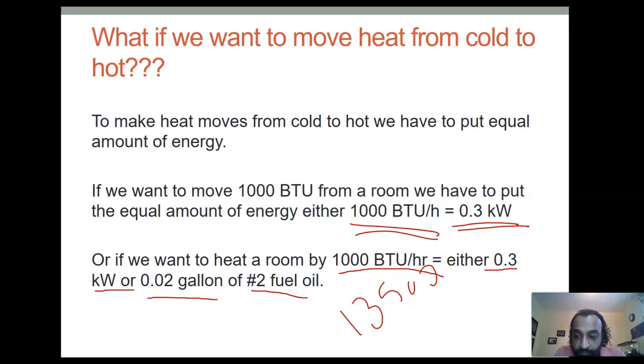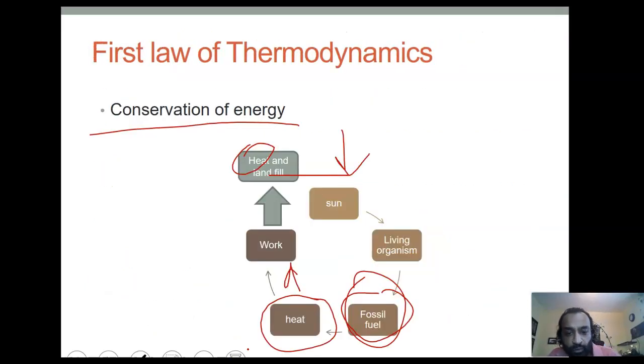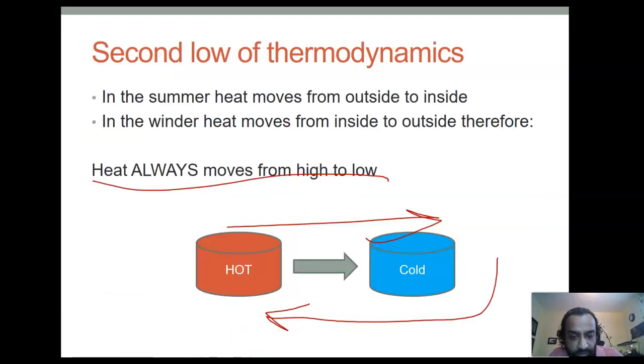I hope this recording still continues, because I'm trying to see what gets discontinued. But anyway, what I was saying is that if you want to put in fuel oil,